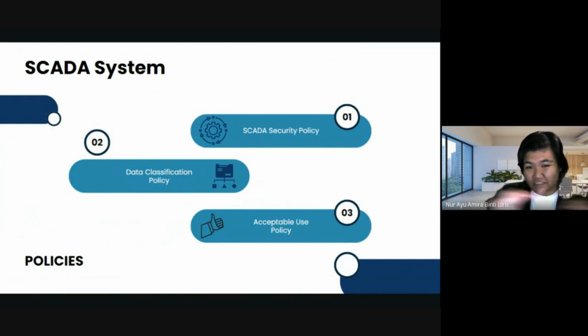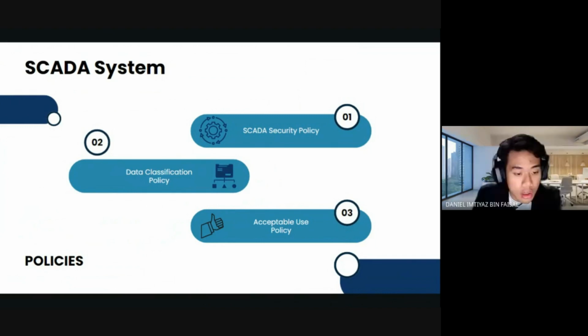The policy also outlines procedures for labeling, handling, transmitting, storing, and disposing of data based on its classification level. By classifying data and applying appropriate controls, organizations can ensure that sensitive SCADA information is adequately protected and accessed only by authorized persons. So next, I will pass to Daniel.